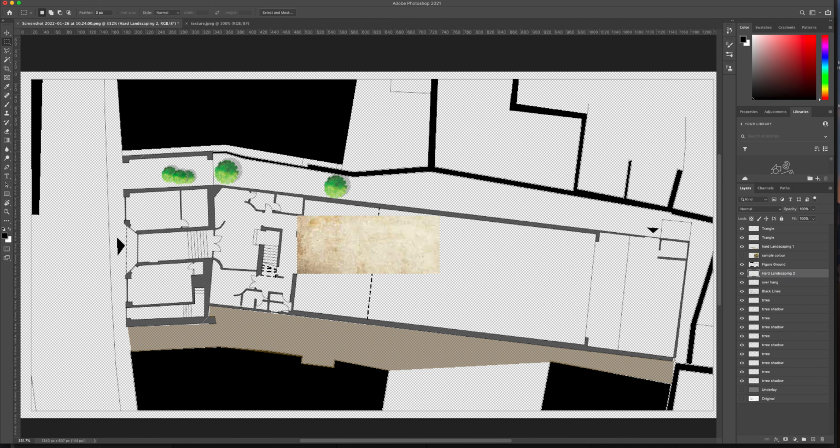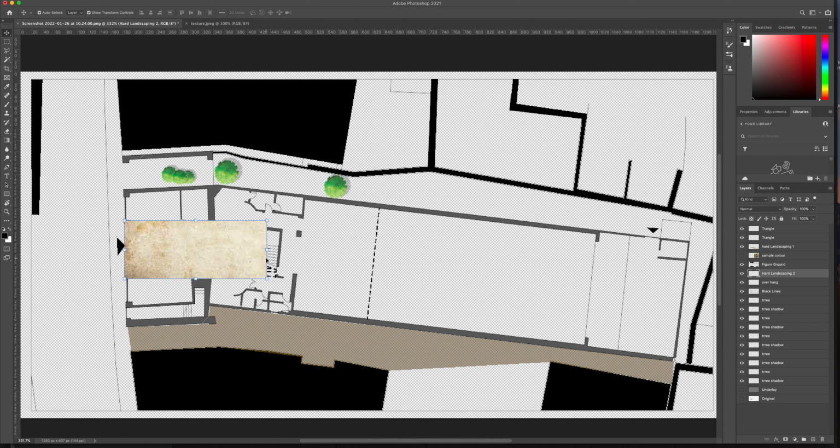I'm only going to put it like here. So that's there, it's sitting there, and I want to select a certain part of it. I need it to be underneath my black lines. I'm going to grab the black lines layer and push it on top. See, it came on top now. And now it's much easier for me to